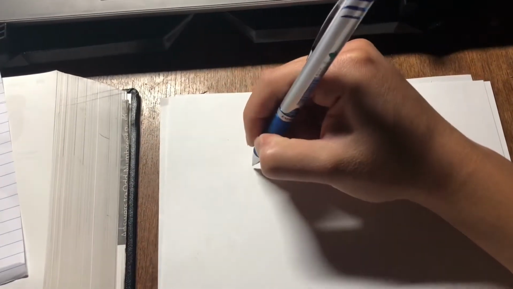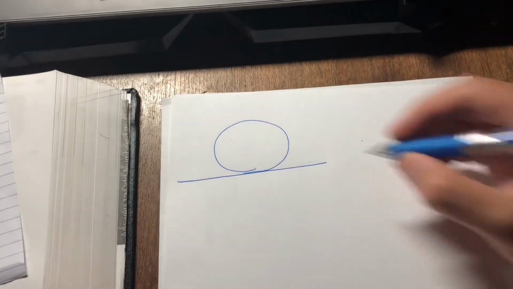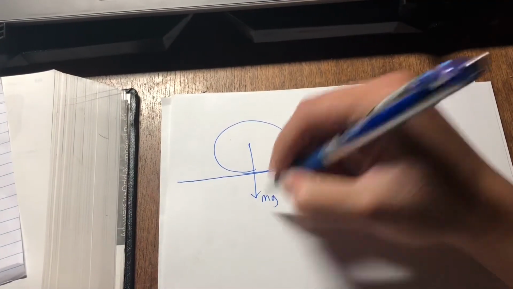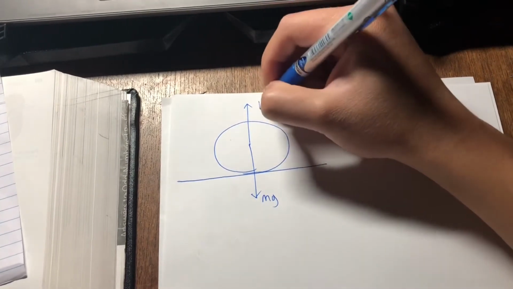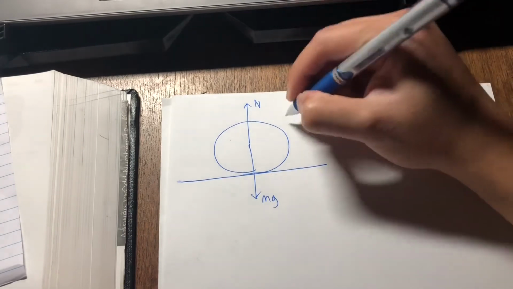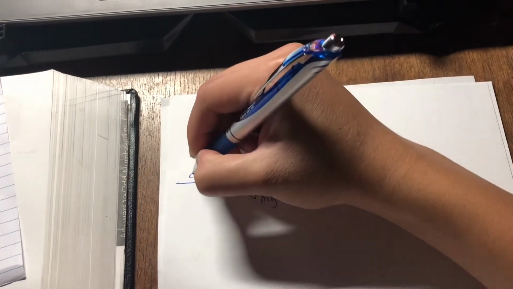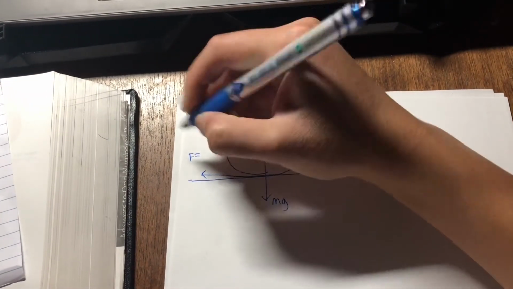Let's start by drawing our diagram. You have your solid disk that is rolling on a horizontal surface. Right in the middle, at its center of mass, you have its weight going straight down, and from the surface to the top is your normal force. It is rotating that way, and then you have friction acting on it over there,